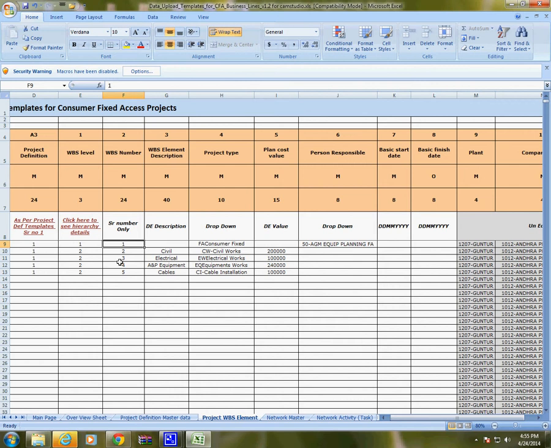And for each level 2 WBS, the concerned person will be the person responsible. For civil works, we can choose SD civil as the person responsible. In case of electrical, it can be SD electrical works. For A&P exchange, we can choose SD or JTO, whatever we want.